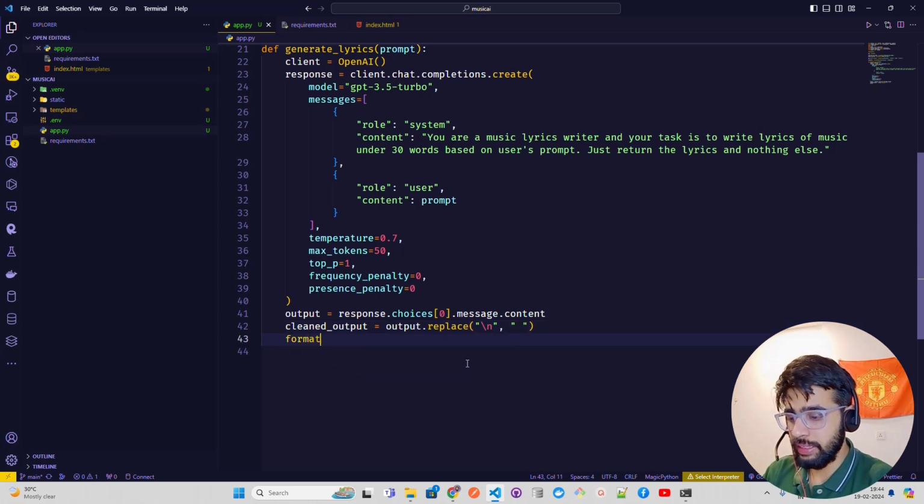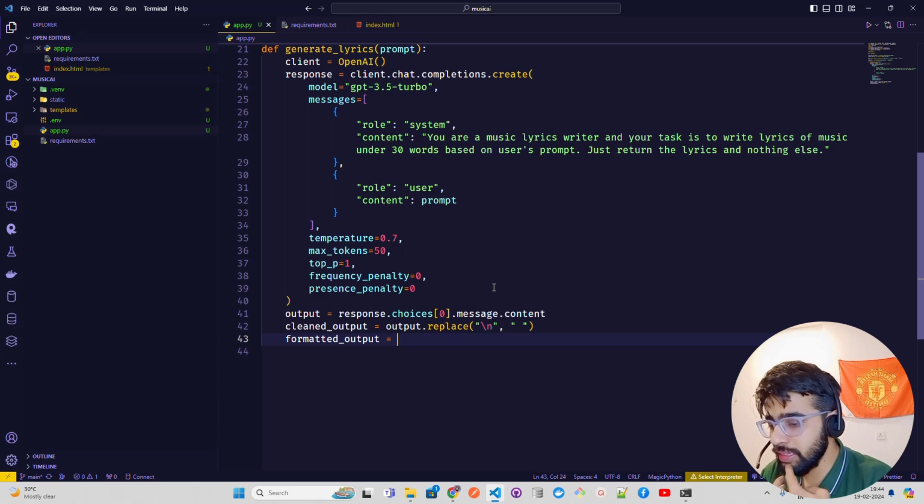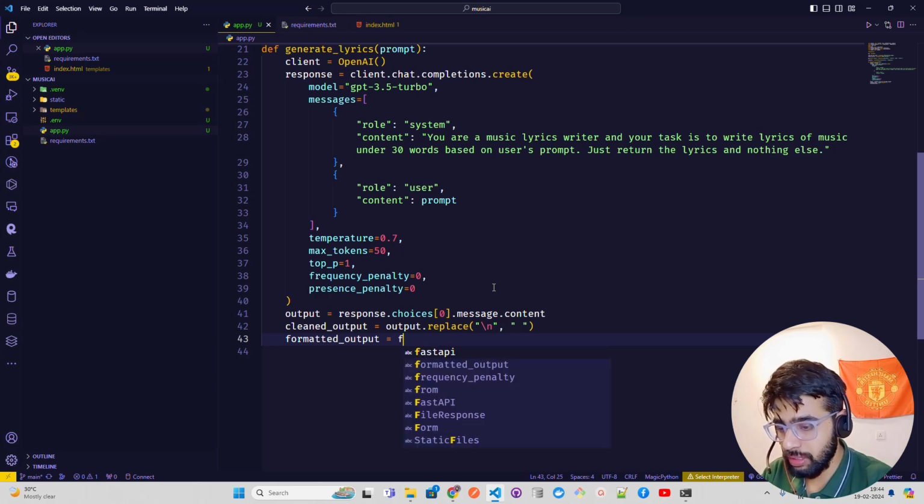Now here is the thing. This is a must. Okay, so formatted output. If you just pass the lyrics to Suno's Bark, it will just take it as an audio. It will just generate a normal audio like I am talking. It will not generate a song kind of vocals where people are trying to sing. It will not do that. So in that case, what it suggests on the Suno's Bark documentation is that you have to give it like this. So there is an emoji. So I'm just gonna show you.